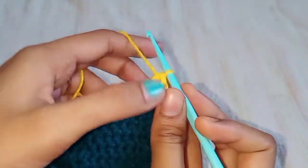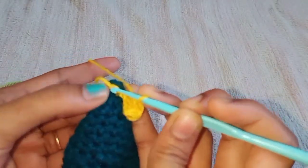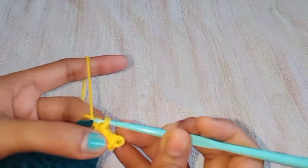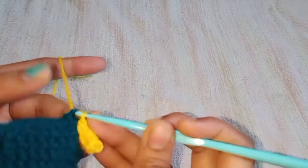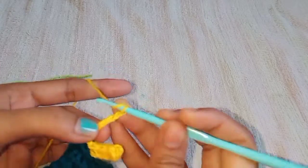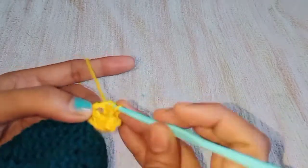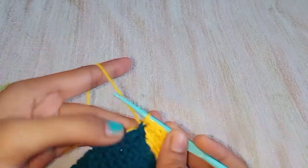So going to do 1 double crochet in the 3 chains and then make a slip stitch at the same panel where we have inserted, where we started our work. Okay, and in the next adjacent one make another slip stitch and then do 5 chains, and then in the 4th chain do the half double crochet, and in the next chain do another half double crochet, and in the next chain do another half double crochet, and then slip stitch at the same space where we have started,